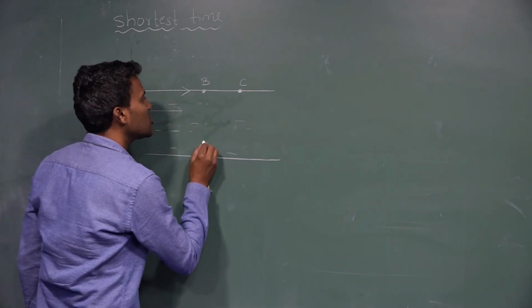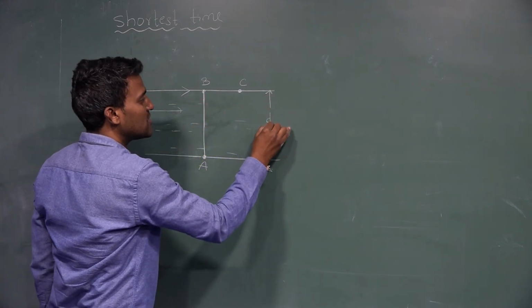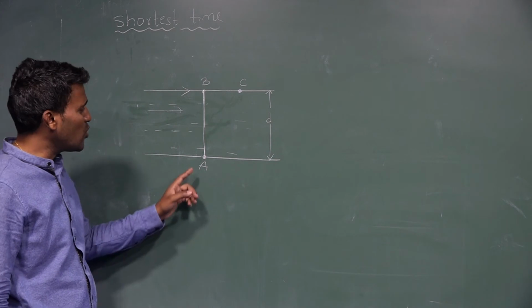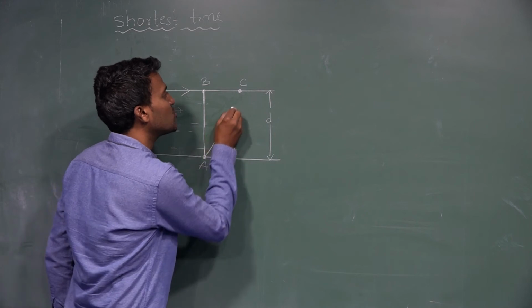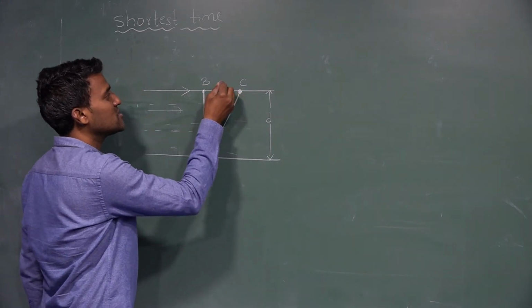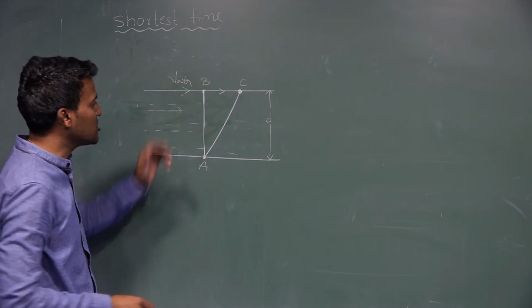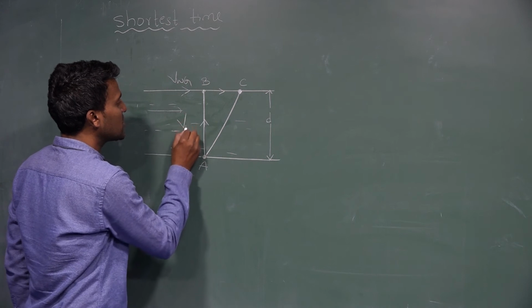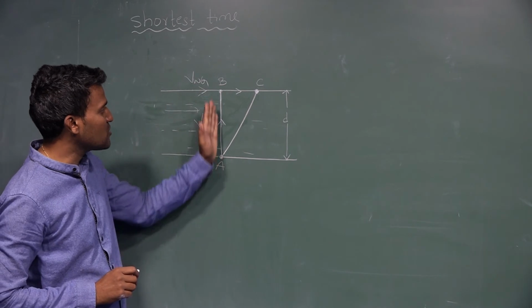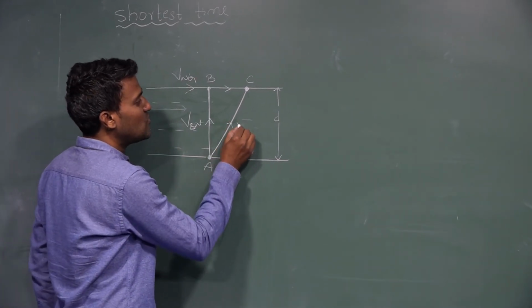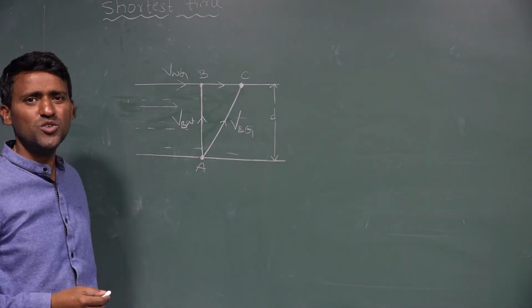So now this is the shortest time we are talking about. This is nothing but to cross the width of the river. The width of the river is D. The boat is moving from point A to point B, but it reaches point C. The velocity of the water with respect to ground is along this direction, and this is the velocity of the boat with respect to water, and this one is the velocity of the boat with respect to ground.